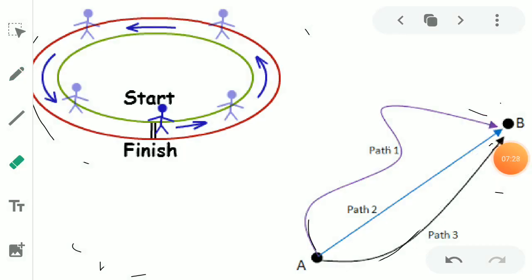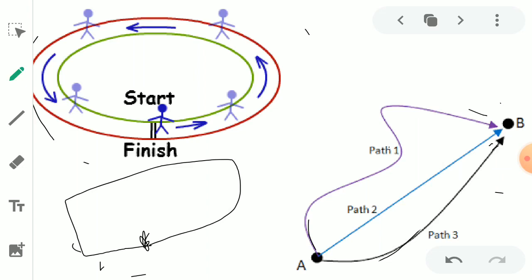By this we can say if a person takes a round trip, the displacement will be 0. Or if a person starts from a particular point and again ends at the same point, there must be some distance covered, but the displacement will be 0 since the initial and the final position are both the same. So the distance between the initial and the final position will be 0.